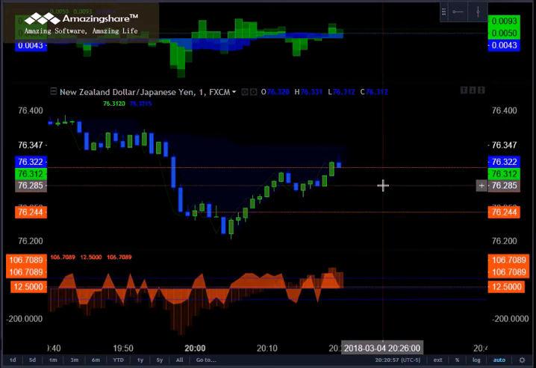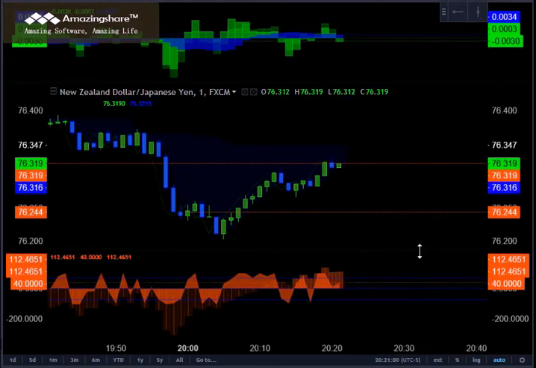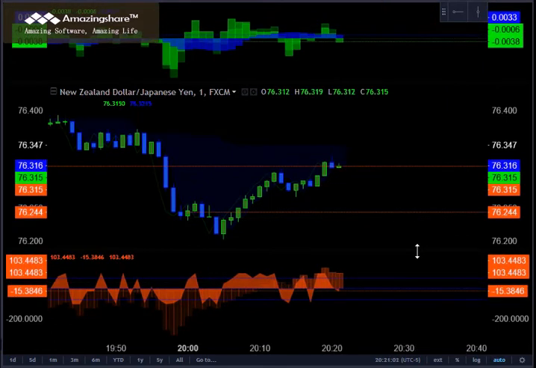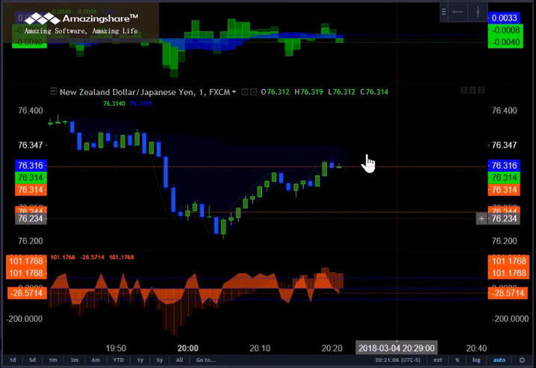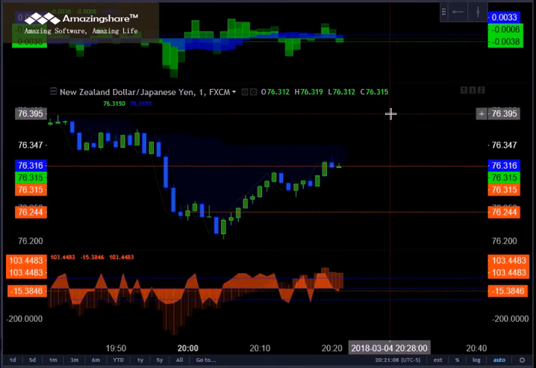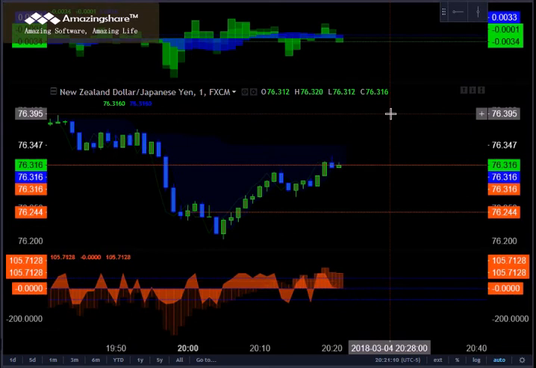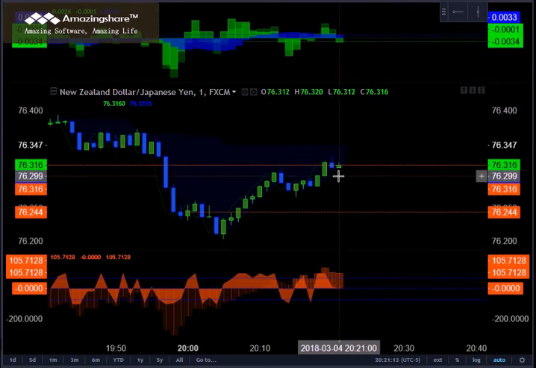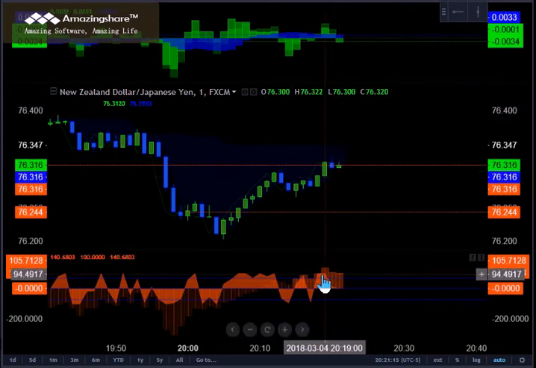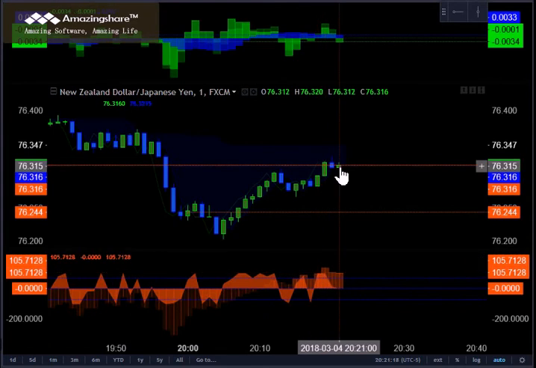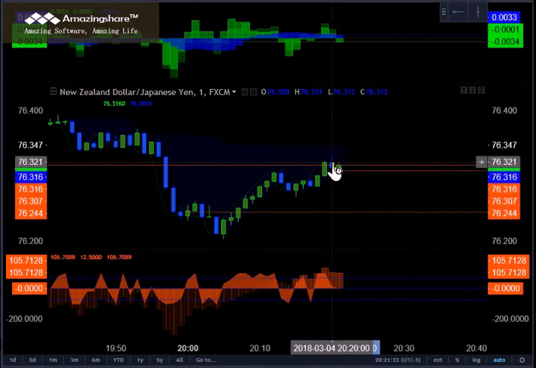I'm right here actually at my target area around this 76.30 area, my initial target. I do see the potential of a move maybe up above 76.58 into that area. But I would look at taking profit right here, right now on this trade, because my momentum metrics are, so